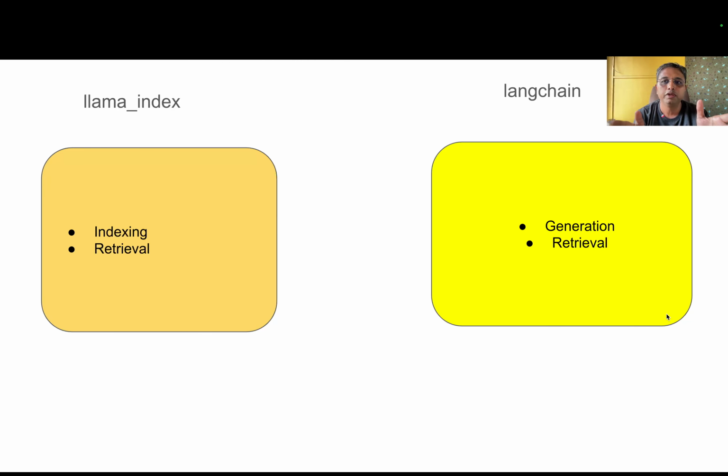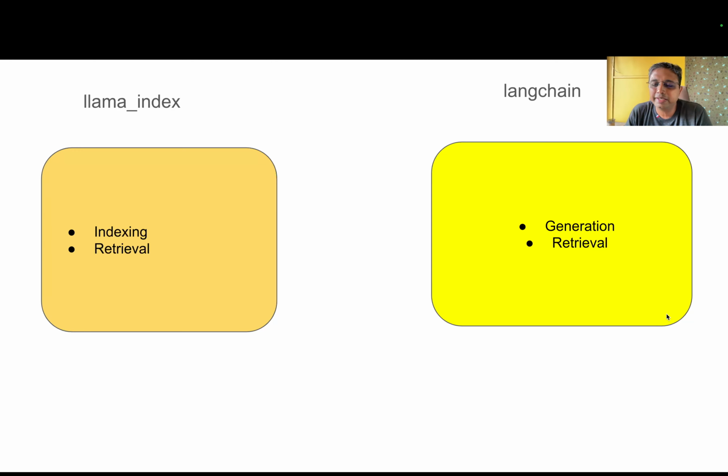However, in Llama Index, you can have more control over how you index the content, like how you would create a node level structure. You can define a custom node level structure, which type of blocks you would keep, and then write code to link one node to another node as per the dependency between the content. So that granular level control you will find in Llama Index.